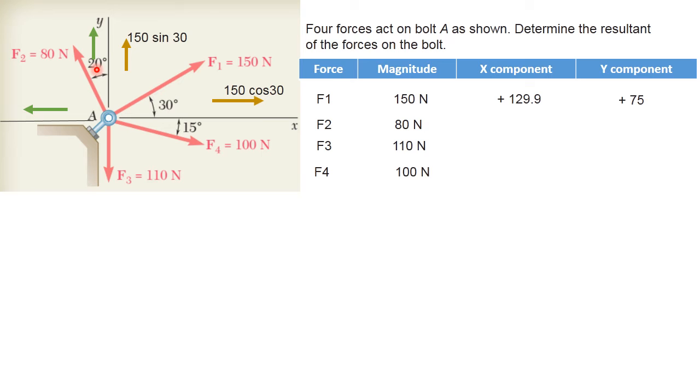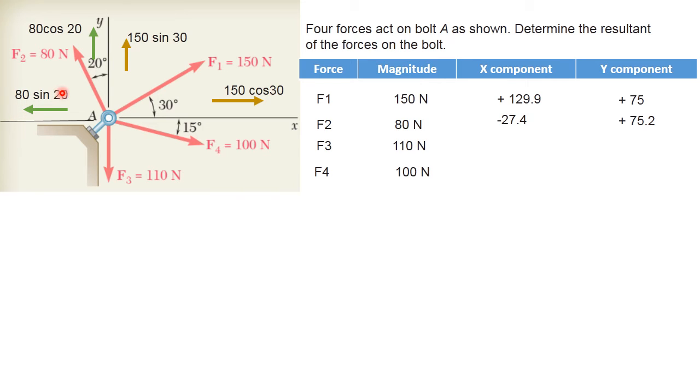Now what is the magnitude? For the magnitude, first you have to decide which one is the cos component and which one is the sine component. Just mark that the 20 degrees is with which axis? It is the y axis. So the y will be the cos component and the other will be the sine component. So the y component will be 80 cos 20 and the x component will be 80 sine 20.